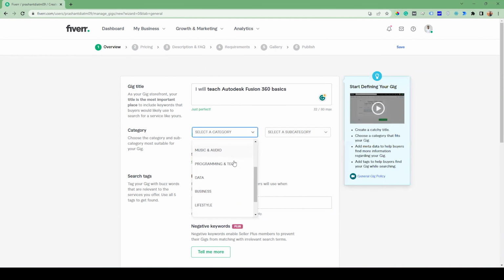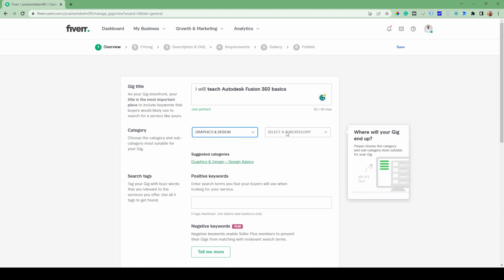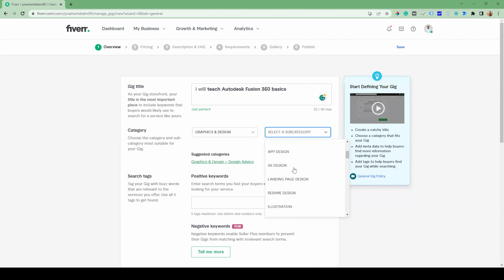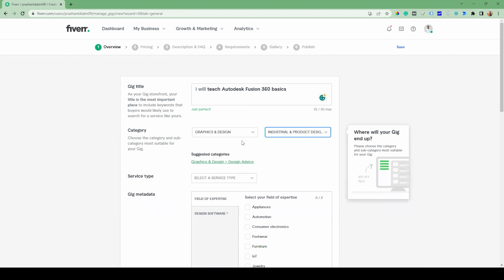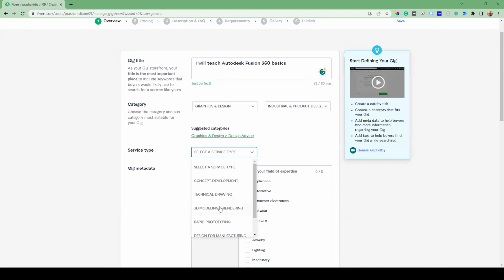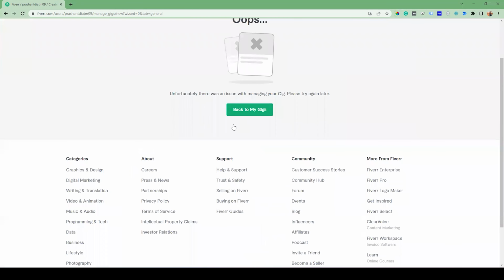I believe it's kind of graphic design, and inside graphic design it will go to 3D modeling and the other stuff. I will check whether this option is available or not. If I go to the bottom like this, yes, it is industrial and product design. Then I will go to 3D modeling, technical drawing, rapid prototyping, full design process, design for manufacturing. So I will select here 3D modeling and rendering, because it comes under